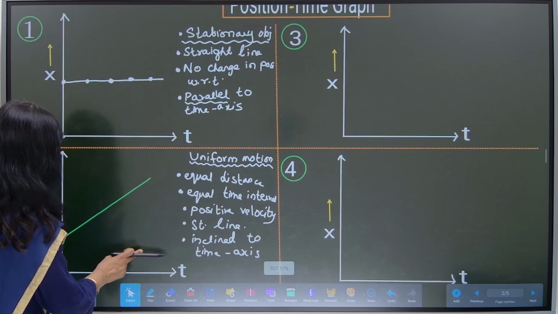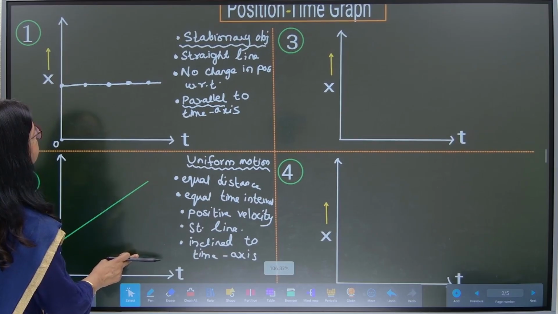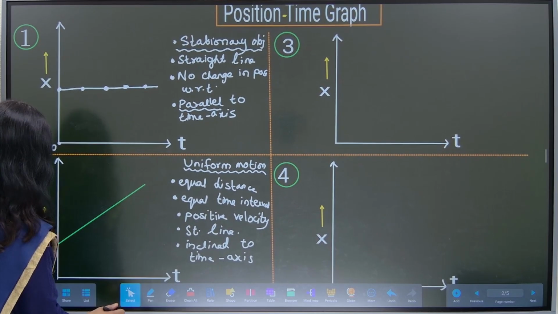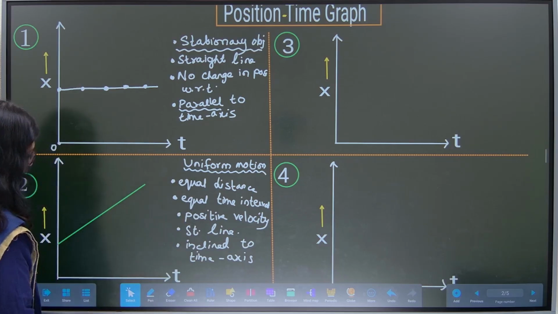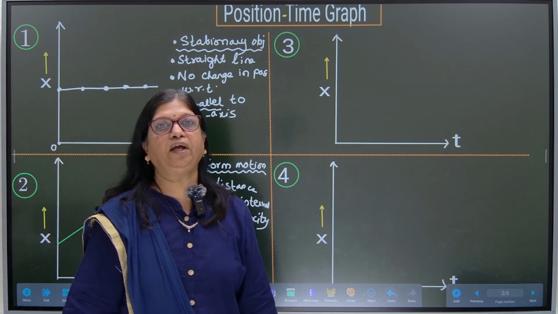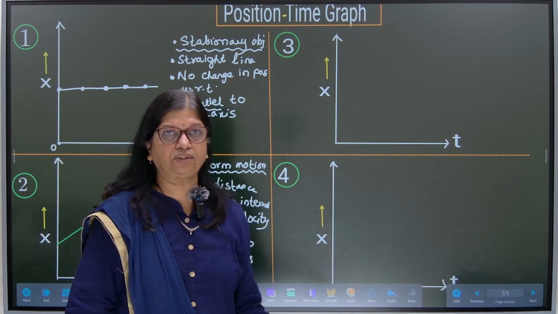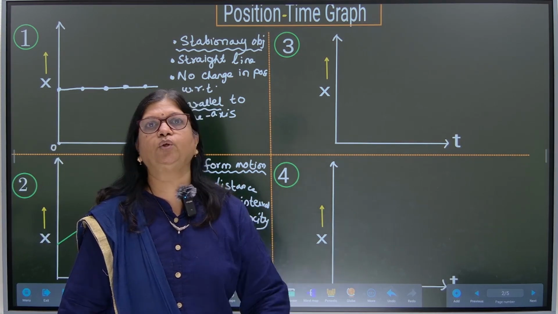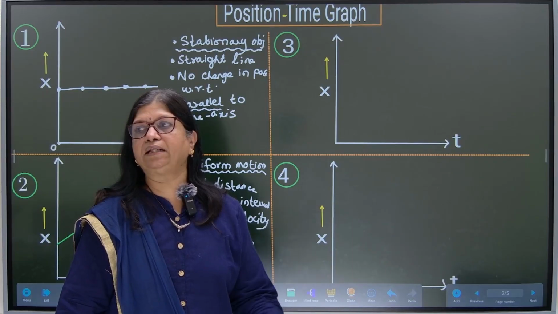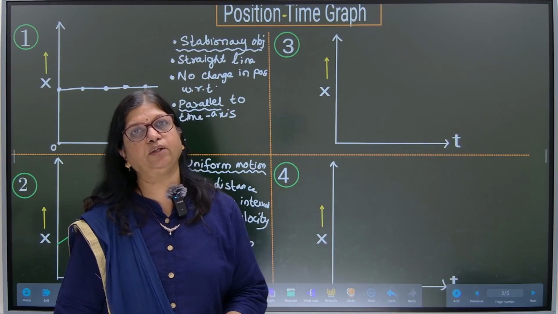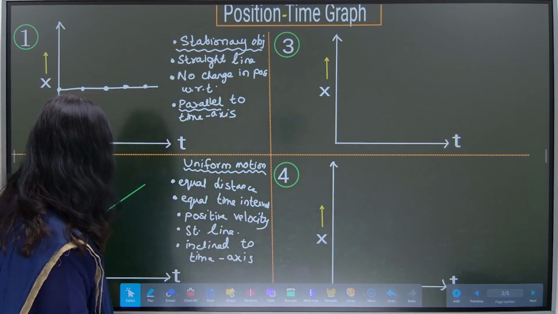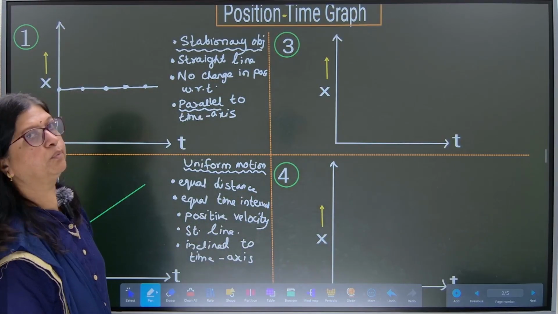So, this can happen for a condition which I have just now explained. Fine? I can start this straight line from the origin also. That also is possible. Okay? At time t is equal to 0, x is equal to 0. That also can be possible for this kind of a motion.